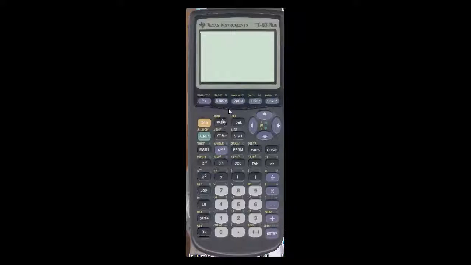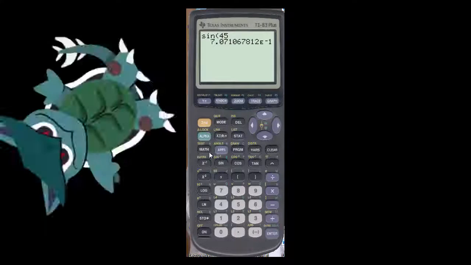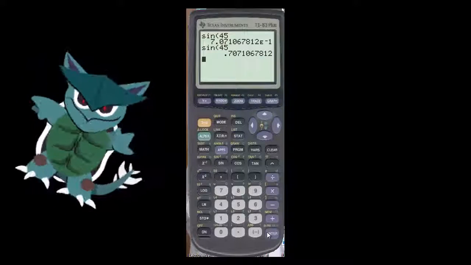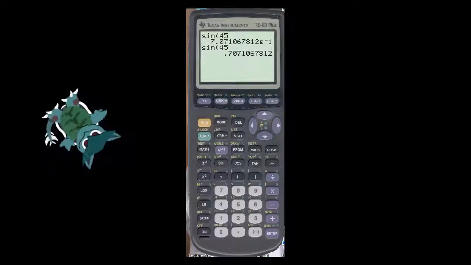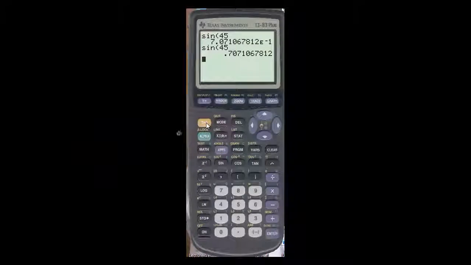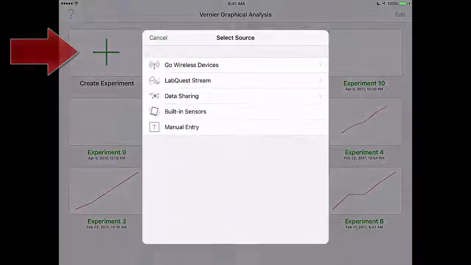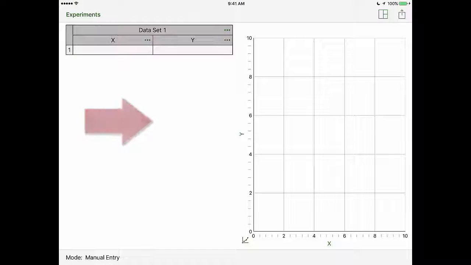Once you've recorded all of the angles that your laser makes with the normal, you'll need to find the sines of those angles. In order to do that, you need to be in degree mode in your calculator. You can reach degree mode as you see on the screen here. Once your sines have been calculated, you can go to your iPad, open Graphical Analysis, click Create Experiment, and choose